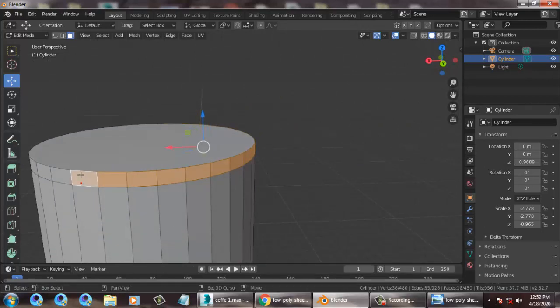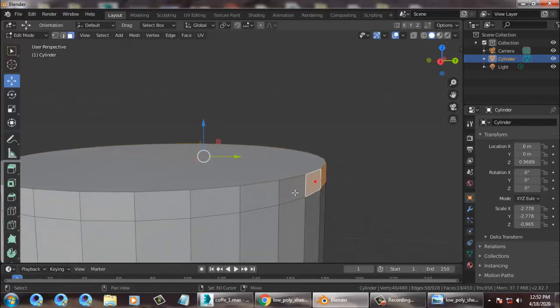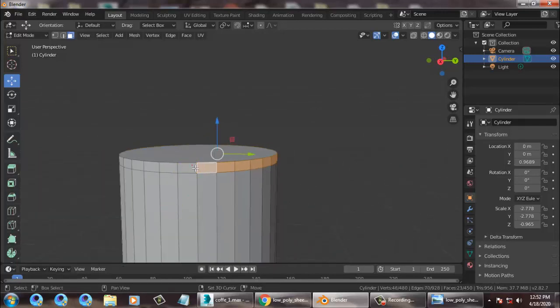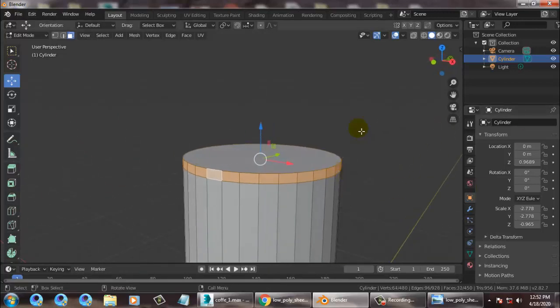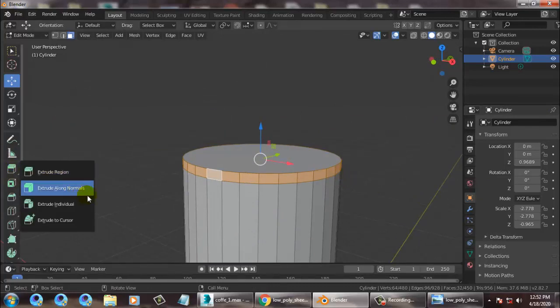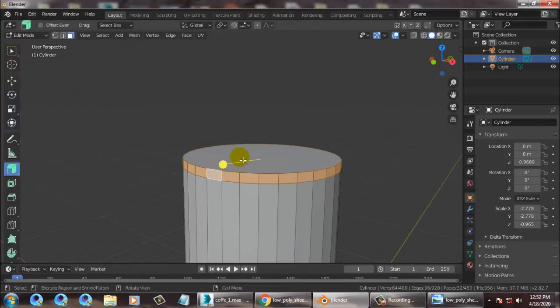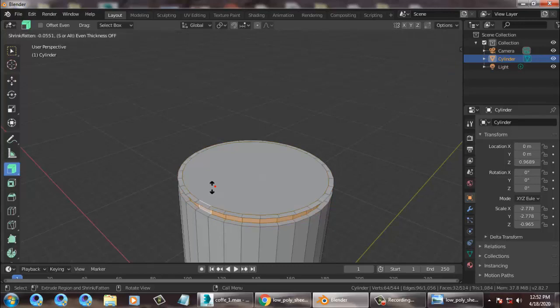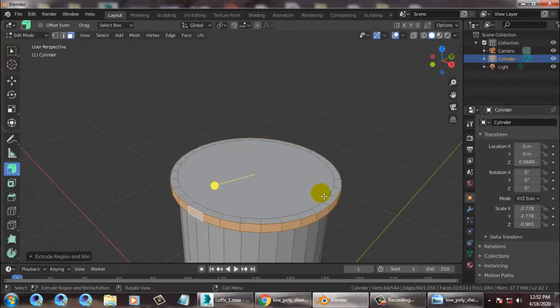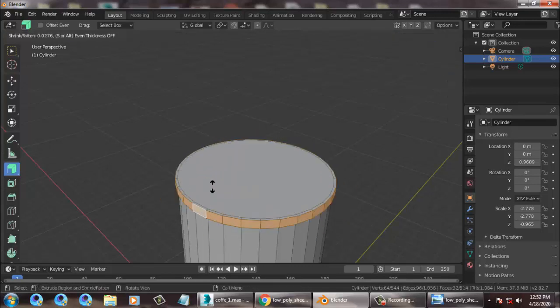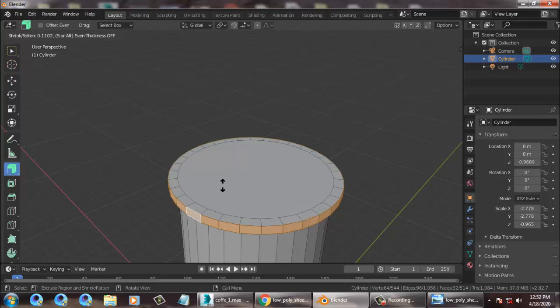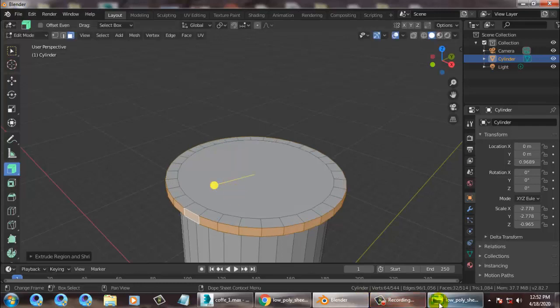Shift to add the faces, just press shift, add the faces over here, and let's give a bit of extrude, but along normals. So we need to give extrude along the normals over here in this way. That's it. Alright, so once you give extrude along the normals, it's going to extrude in all the axes perfectly.